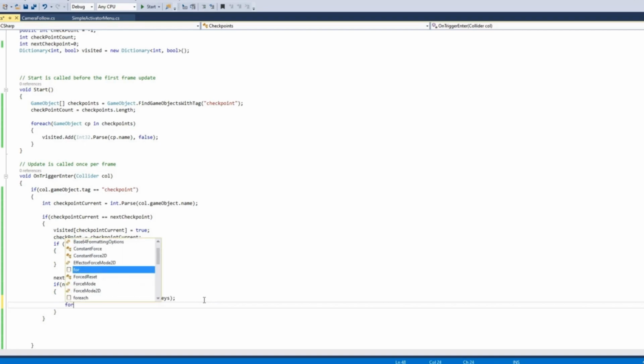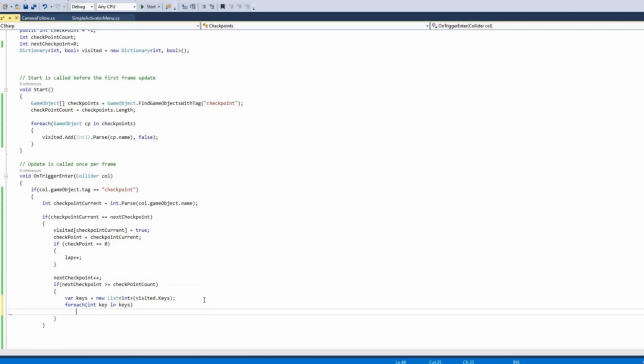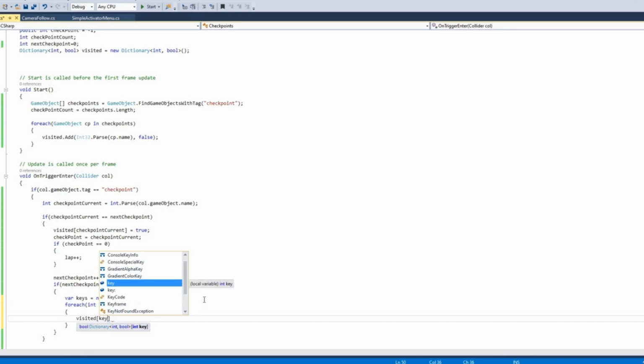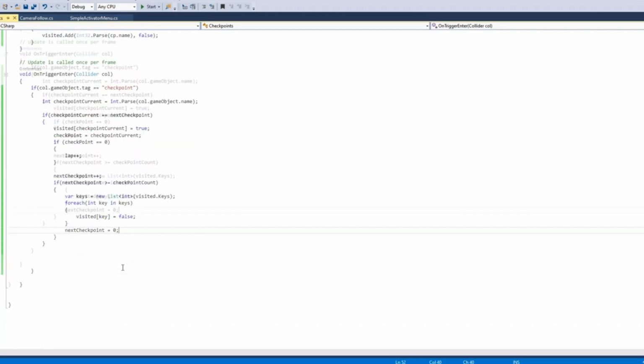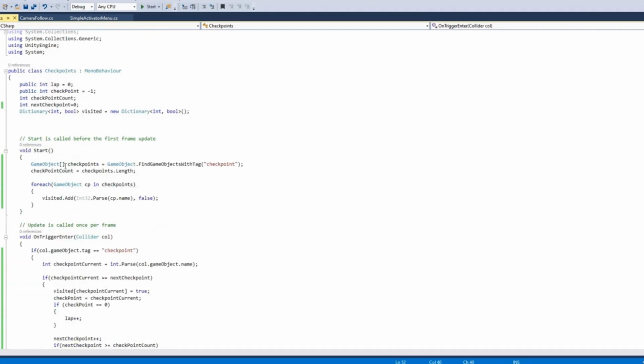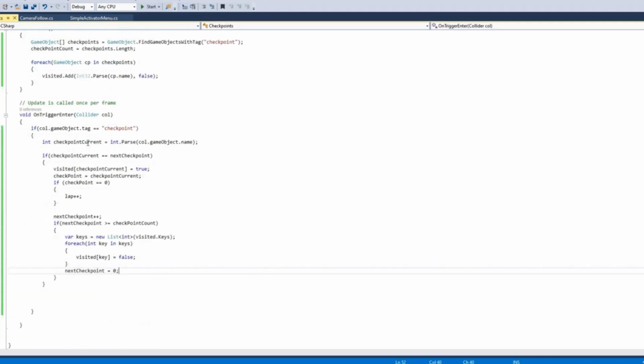Now we will write the foreach loop. For each int key inside keys, we will make the value for each key false. And then we will reinitialize the next checkpoint as 0. And this is the complete code for the checkpoints. We will test this script in the next lecture.